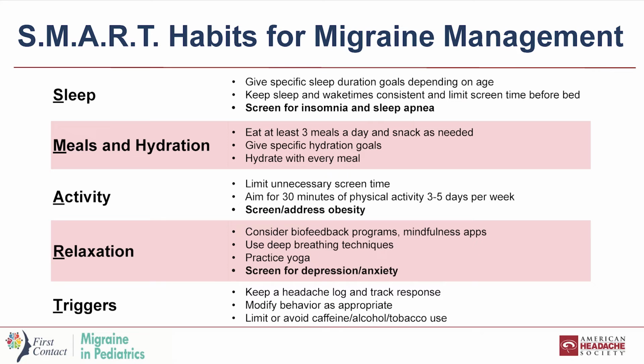I have had patients come in before who have gotten counseling. They're told to sleep more or drink more and eat more. But if they don't have a specific goal that's set for them, they may think increasing their hydration, for example, by 1 bottle of water is enough, when really they needed much more hydration than that. Or they may be getting 6 hours of sleep and think that getting 7 hours of sleep is reaching their sleep goal, when really they aren't. So when you talk to patients about these SMART habits, you have to be very specific. And sometimes it takes time to help them come up with behavioral changes and behavioral plans to meet some of